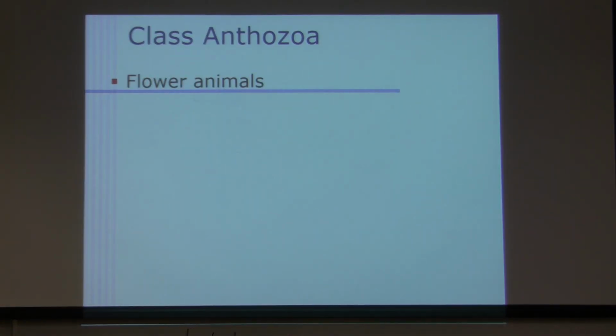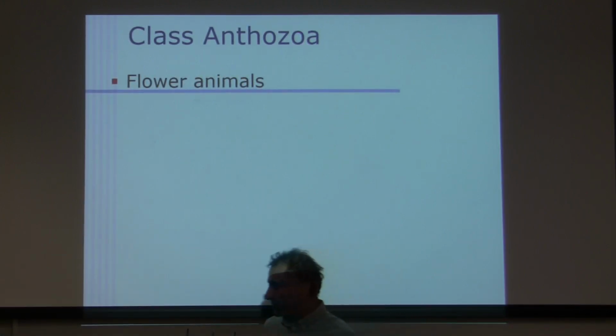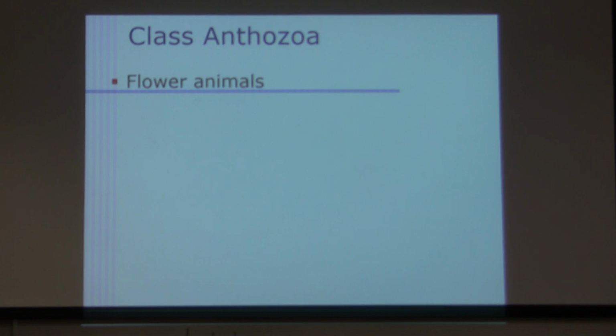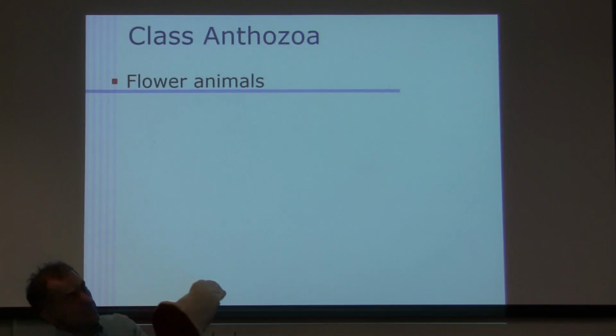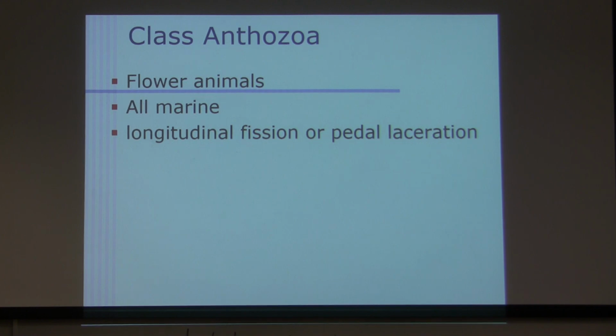Class Anthozoa, the last class. The common name for this species in here is called flower animals. Right here, they look like flowers to me. Okay, so class flower animal. They're all marine and reproduce by longitudinal fission or pedal laceration. These are the two ways